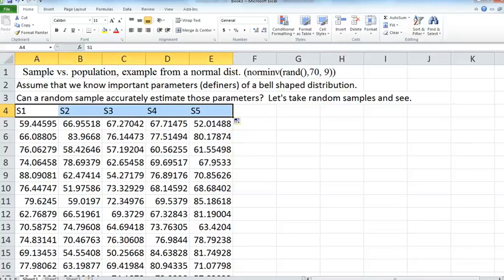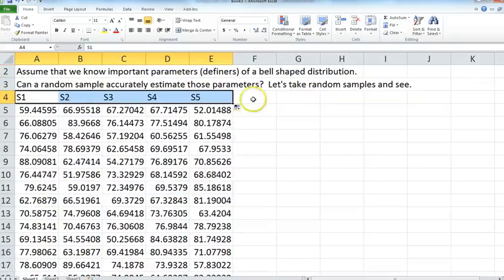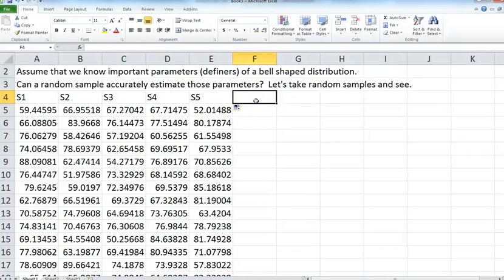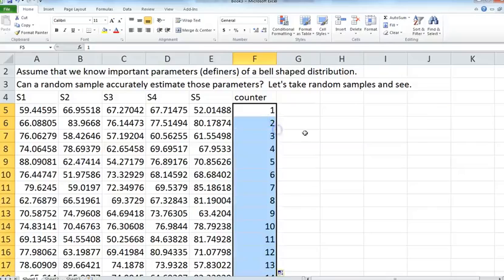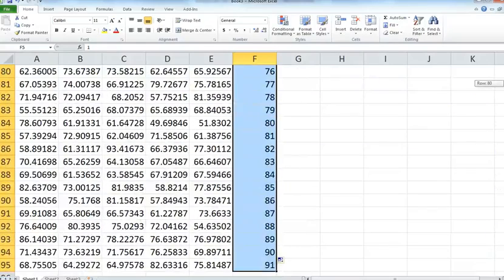Now I'm going to go down and count them. So let me put a counter because I lost count. I think I've got something like 90 or so, but I want to make sure. So 1, 2, and I'm going to count this and see how many I got. I got 91